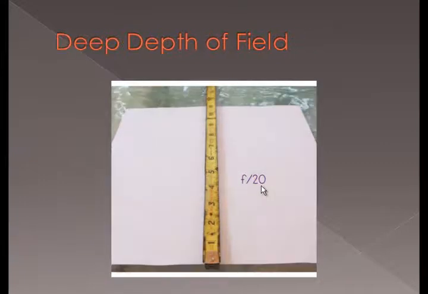Let's go on. Deep depth of field, or wide depth of field, or greater depth of field. Same shot, f20, which gives me a very small hole. Now you can see almost everything is in focus. So we have a very deep depth of field. We have it focused all the way from the back to the front, and you can see how much the clip is in focus